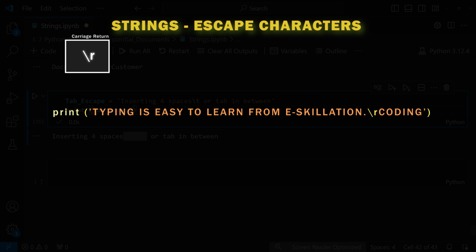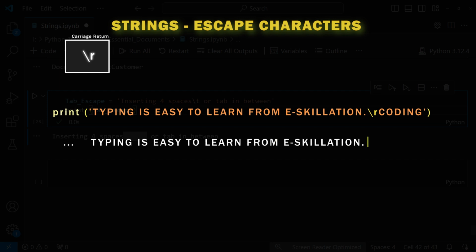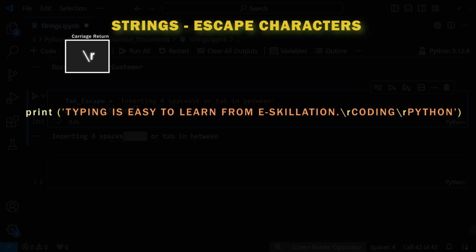When I try to print this, the cursor starts to print from the first character, and when it comes to this escape character, the cursor simply jumps to the beginning of the line and prints the rest of the string. Now let me try to add another word at the end, say Python, and use this escape character just before this word. Now when I print this, the cursor starts from the beginning and prints typing is easy to learn